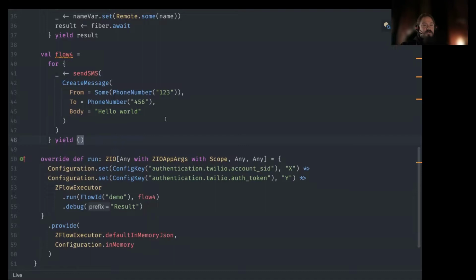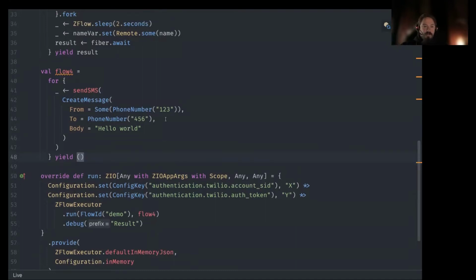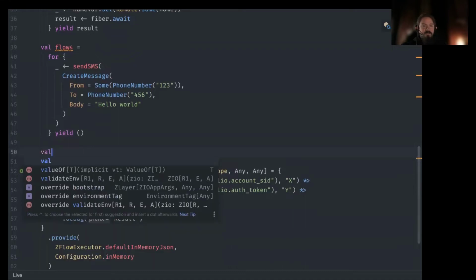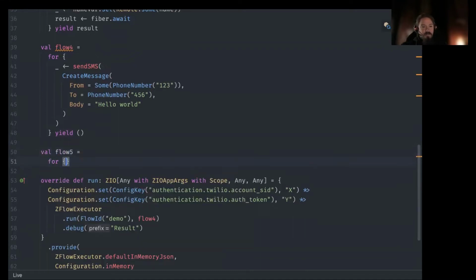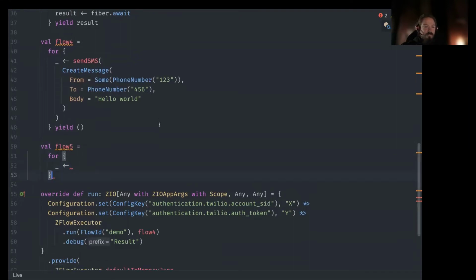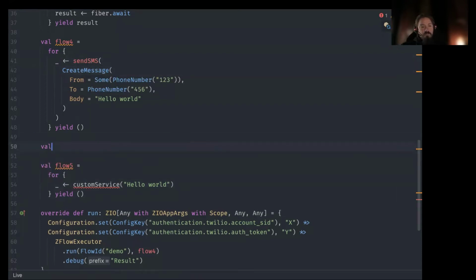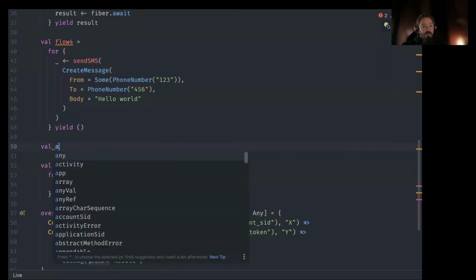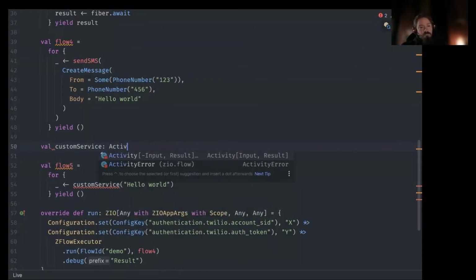Okay, so I don't want to deal with Twilio APIs at the moment in this live demonstration. So let's create something easier. Let's continue the very useful Hello World example, but now through a remote service, like a custom service. And so this has to be an activity. Like I said, this is an activity. So we need to somehow specify an activity. And we do that by just creating a value which has the type activity with an input and the